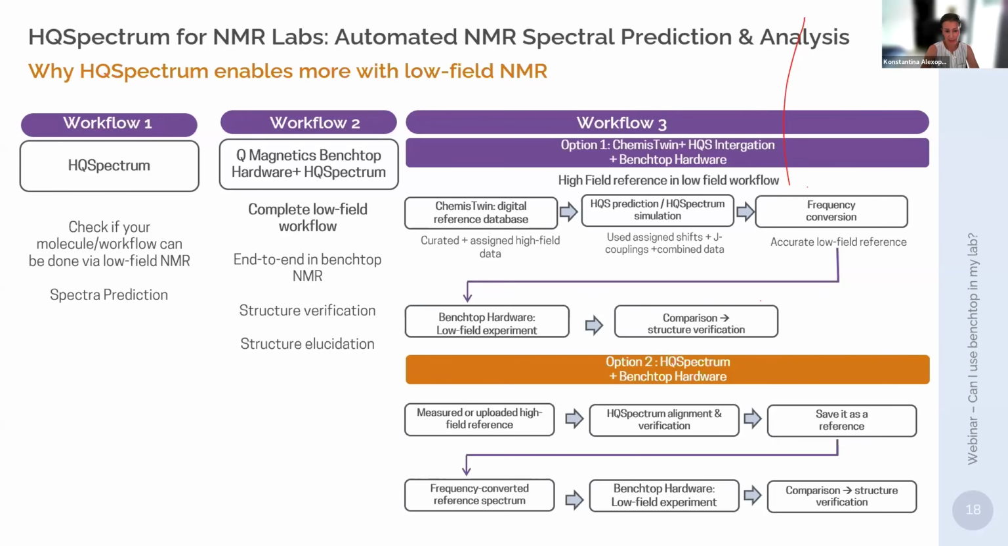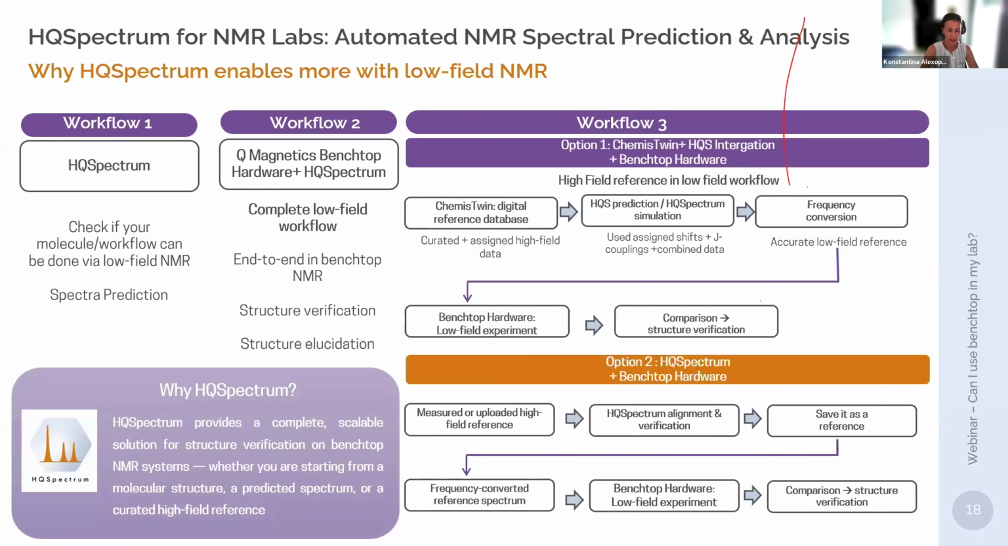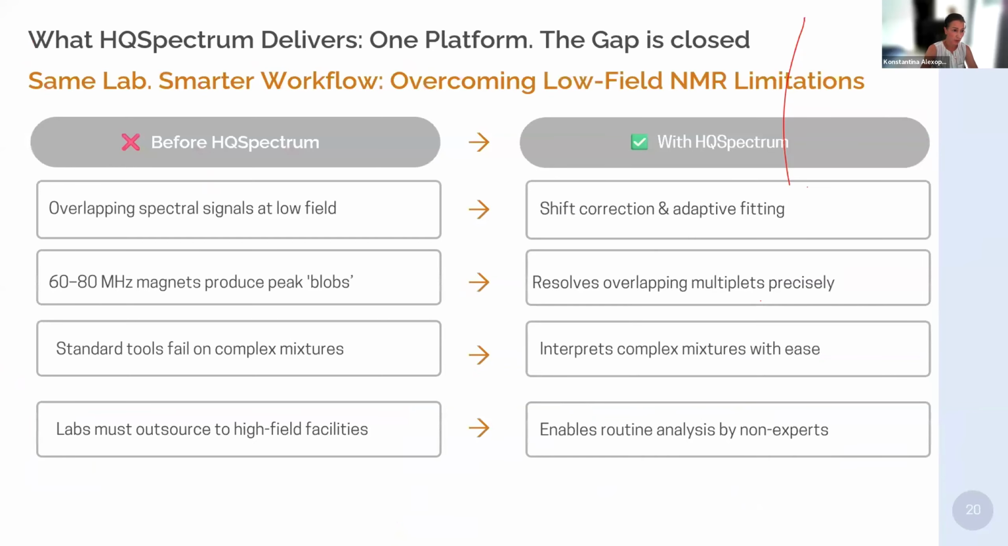So as you can see, you have different options, depending on the complexity of your molecule, and you can choose the workflow that best fits your needs. But you have to keep in mind that HQS Spectrum provides you a complete scalable solution for structure verification on benchtop NMR systems, whether you are starting from a molecule structure, a predicted spectrum, or a curated high field reference. So these 3 different workflows represent a real shift, because before HQS Spectrum, overlapping peaks and